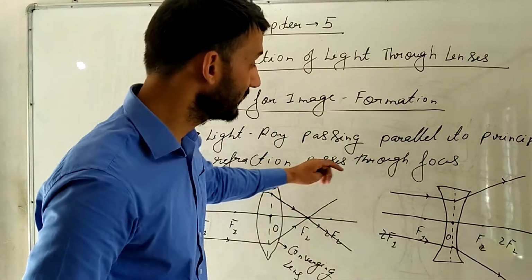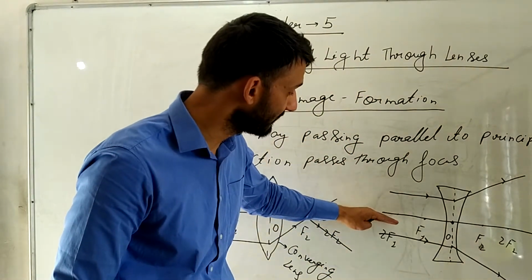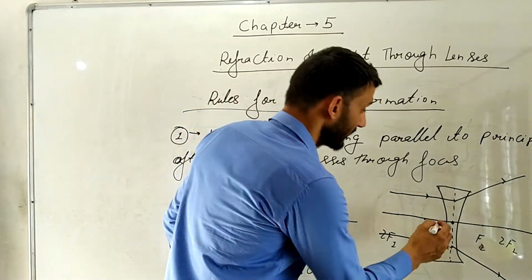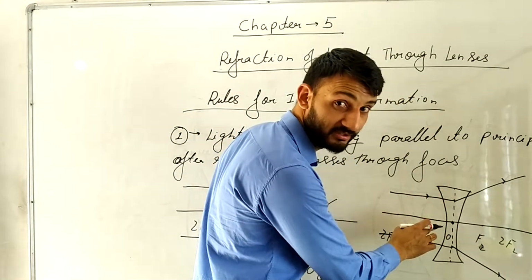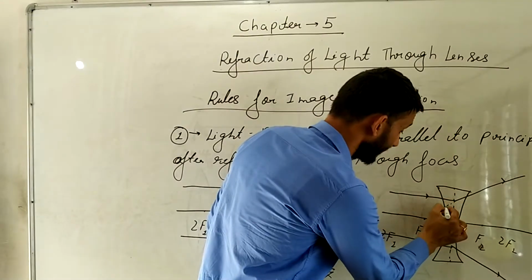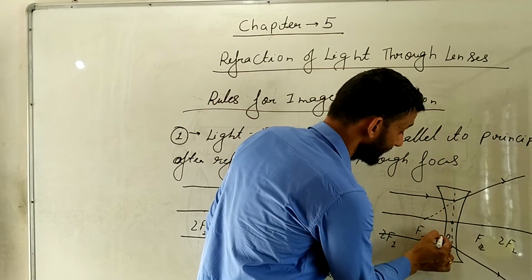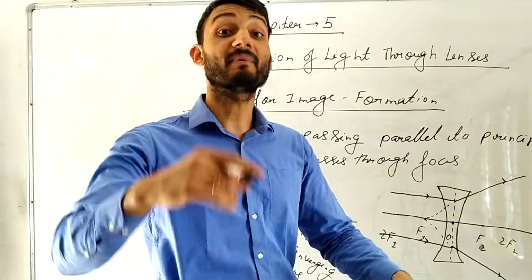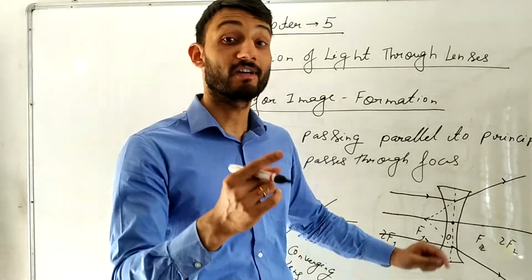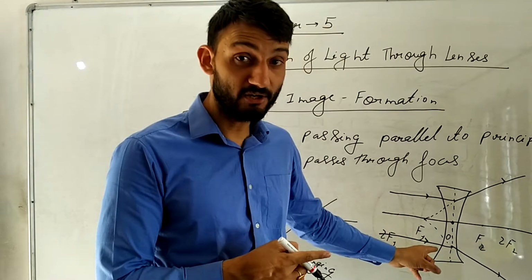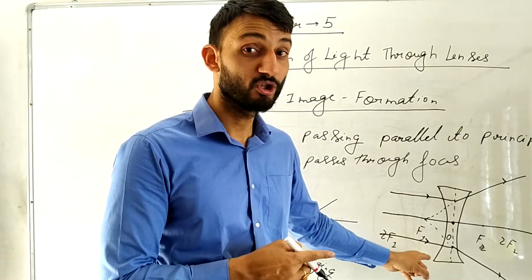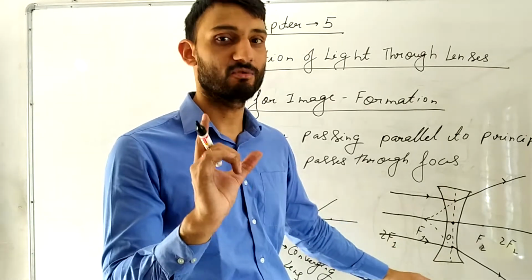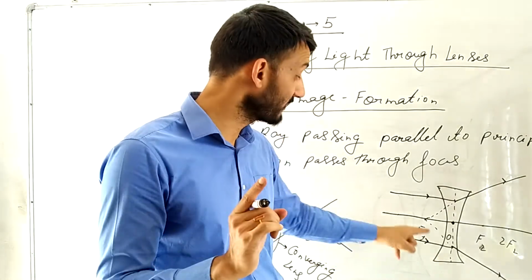But according to the rule, light ray which is parallel to the principal axis after refraction has to pass through focus. So in order for the light to pass through the focus, we have to extend it backwards. Now in this case, the light ray is not actually passing through the focus, but it appears to pass through the focus. Now again a hint has come what kind of images this lens is going to form. In this, light ray appears to pass through the focus.